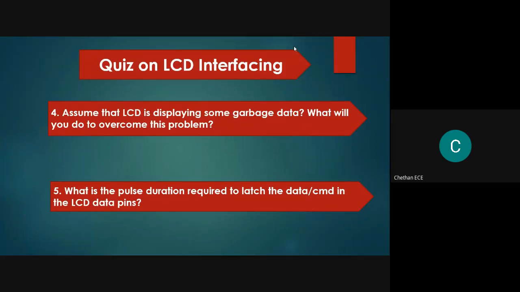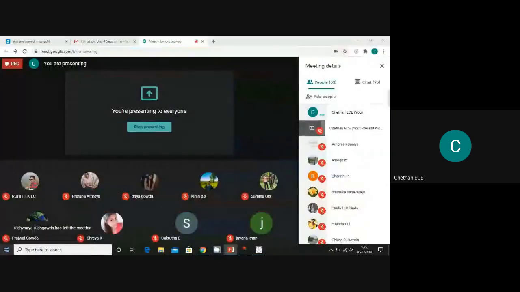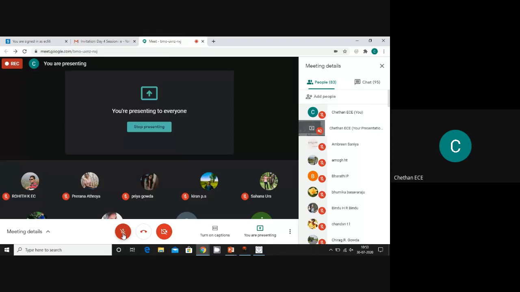Okay, that's all about the LCD interfacing. If you have any queries in the LCD interfacing, you can ask in the chat box.